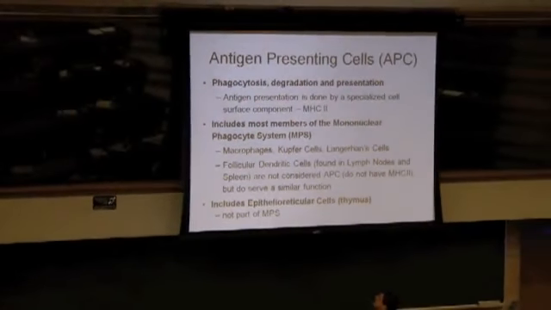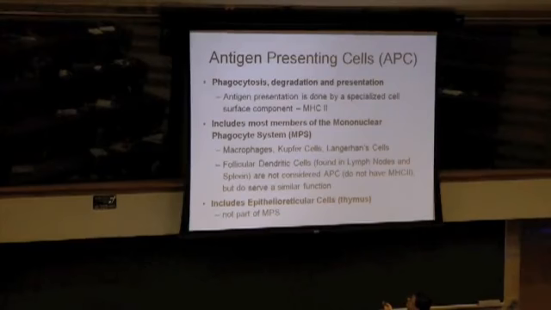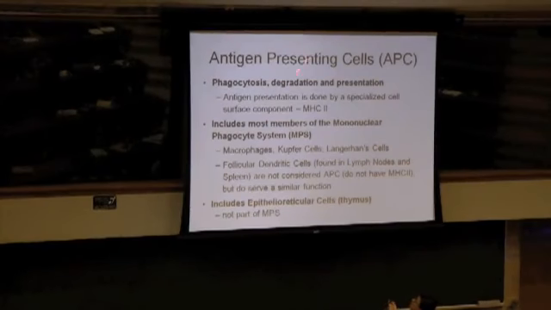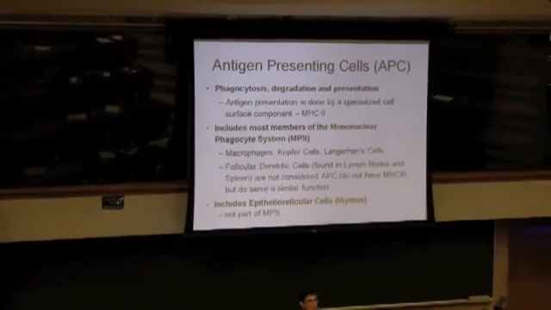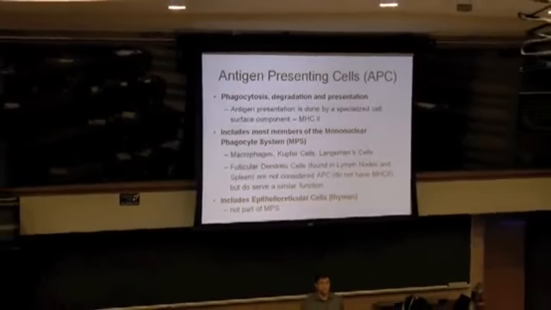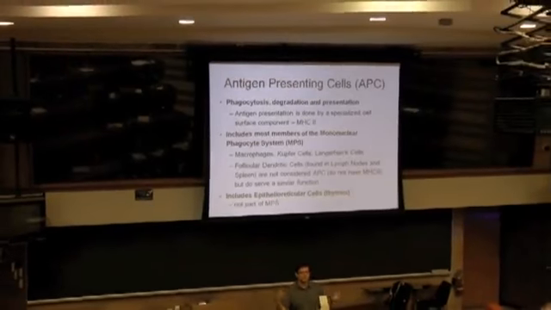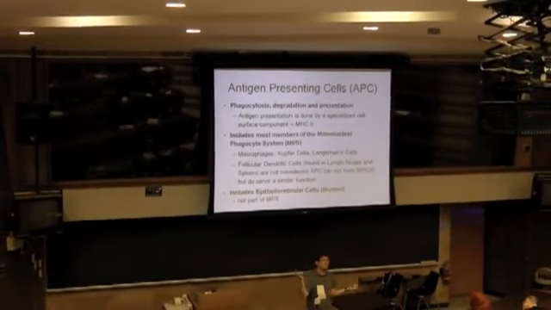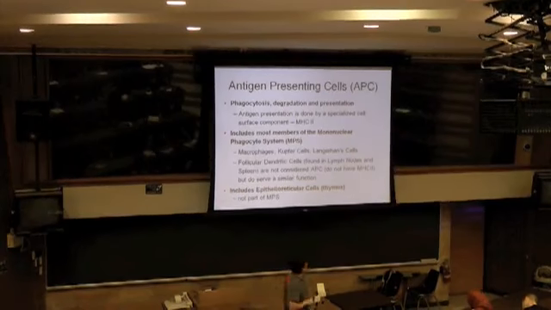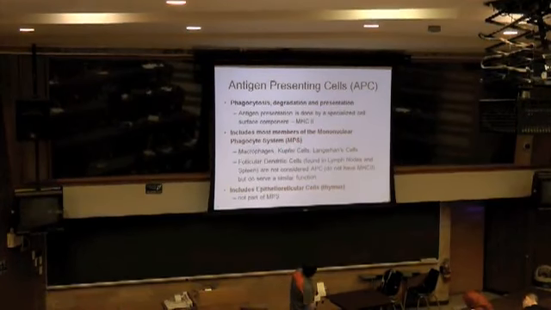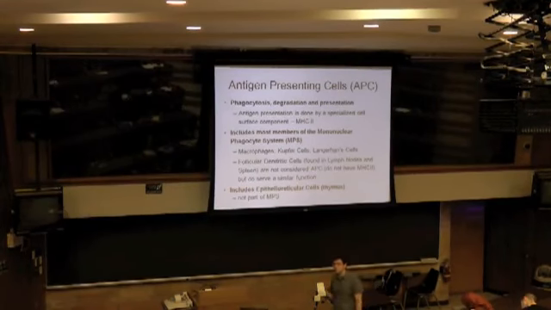Okay, so again, a lot of cells that are phagocytic are going to belong to this particular category. Neutrophils would not, because they don't really present anything. They don't persist long enough to present anything on their surface. So not every phagocytic cell would be part of this. But things like, for example, members of the mononuclear phagocyte system, like macrophages, would also belong to